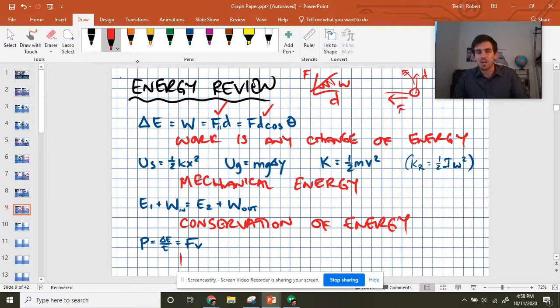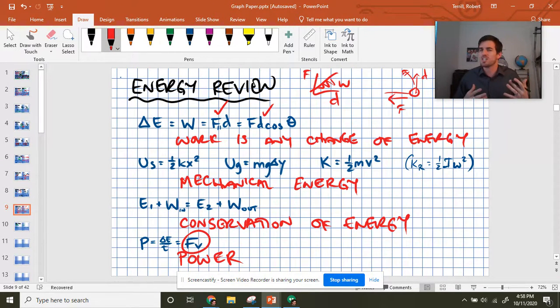The last very minor thing, I just put it on here because I had some extra space, is the idea of power. Power is the rate of change of energy use. So for example, it doesn't require very much power for me to just walk, but the minute that I start running, then the change of energy, the chemical potential that's going out of me, is much faster over the same unit of time. So just watch those ideas of power, and in particular, watch out for force times velocity. It's not a version of the formula that appears on the formula sheet, but it's one that shows up on